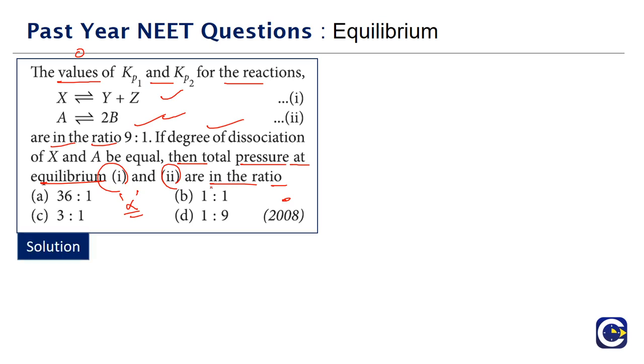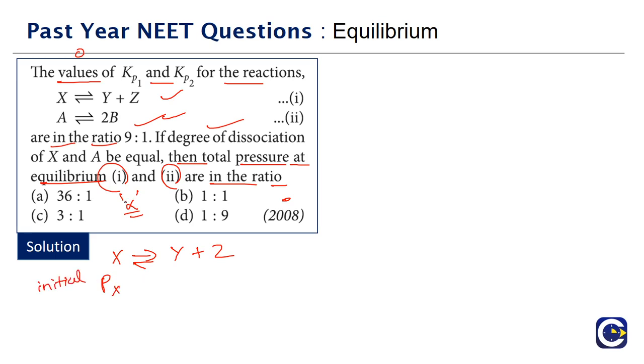So first what we will do is we will just write down the reactions. What are the reactions given to us? First reaction is X gives rise to Y plus Z. I am not putting a double-headed arrow, but we can even put the double arrow. This is equation 1. Normally for all the gas phase reactions, this is the method we have to follow. So we will consider Px. Let Px be the initial pressure of X.